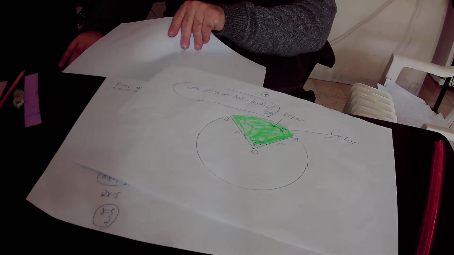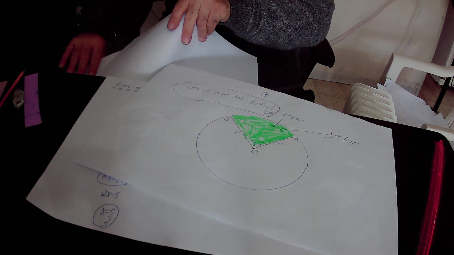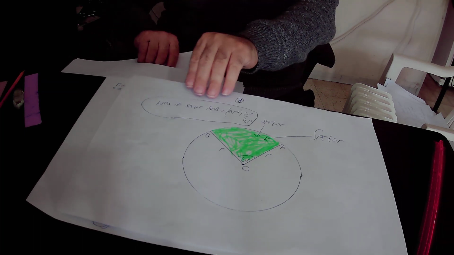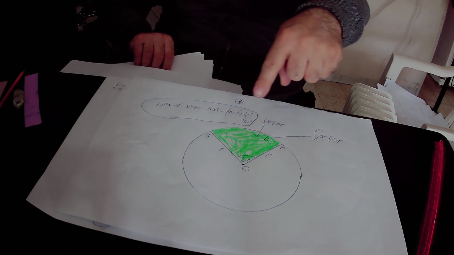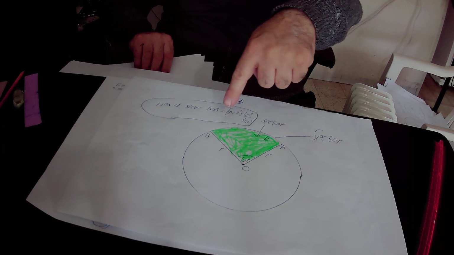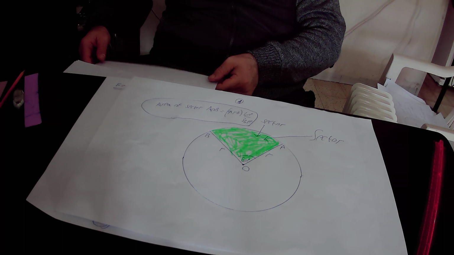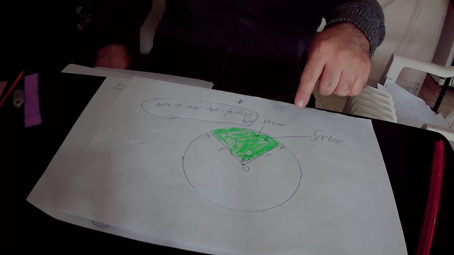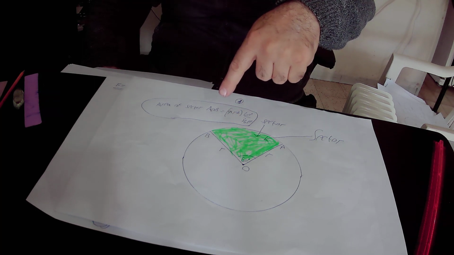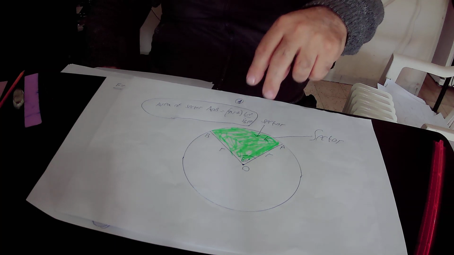A sector is the area that is bounded by those two radiuses and the arc AB that is included between those two radiuses. Again, the area that is bounded by two radiuses and the arc that is included between those two radiuses is defined as a sector,